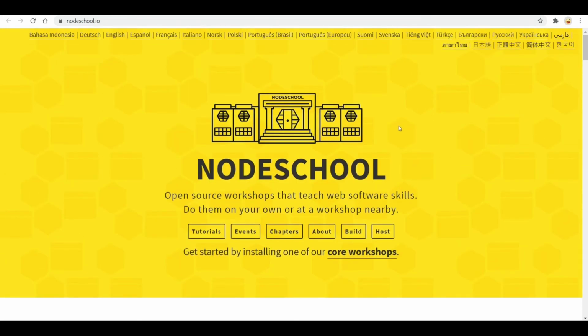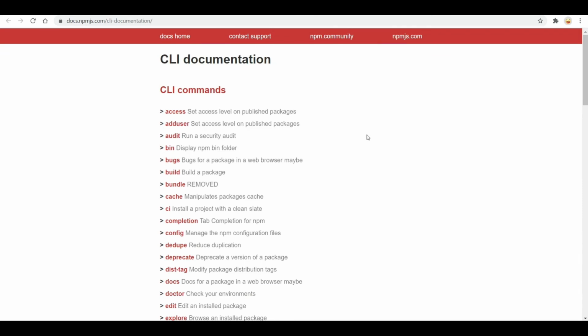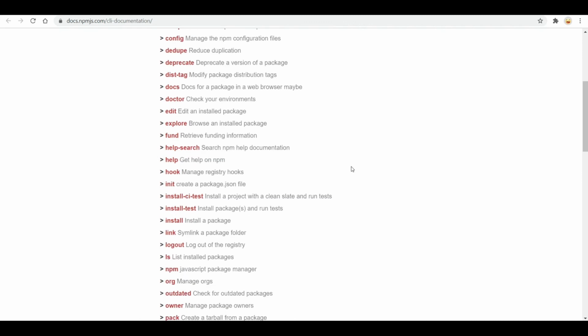So let's go to the CLI documentation, to see what commands npm is providing to us. Let's see about them. So we have a lot of commands available here. Let us search install. Yeah, install is available over here, npm install.